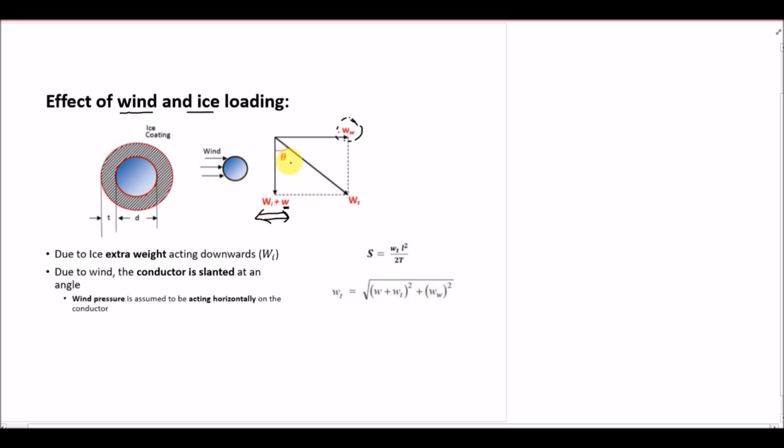So the actual weight of the conductor, which is loaded with ice as well, is at an angle theta with respect to the vertical weight that is acting downward. So this is your total weight when we are considering the wind as well as ice. Now if I have to calculate the total weight per unit length of the conductor,